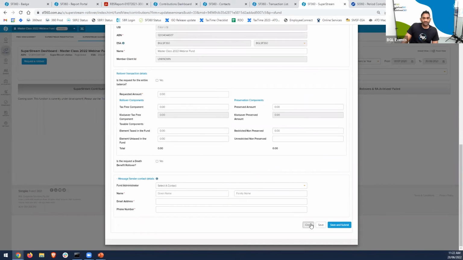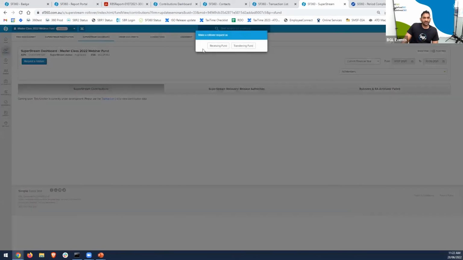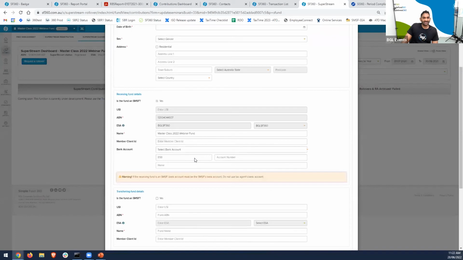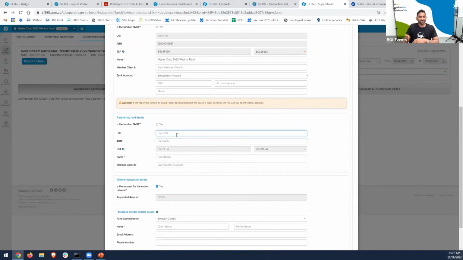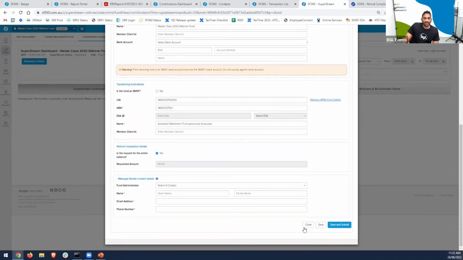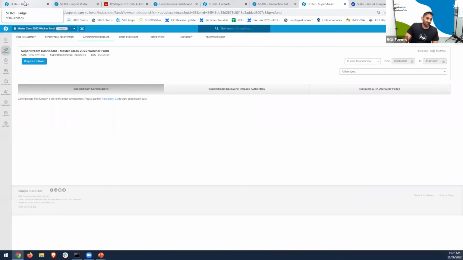So similarly, it works for your receiving fund as well, but in this case, it'll be the transferring fund details section that you enter that APRA fund USI into. So just to make your lives a bit easier when instigating a rollover,